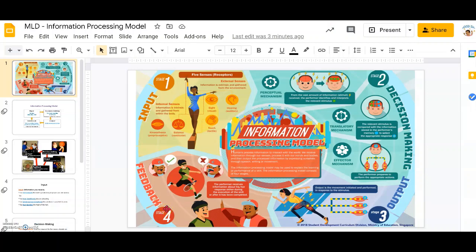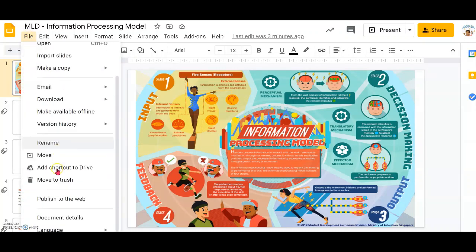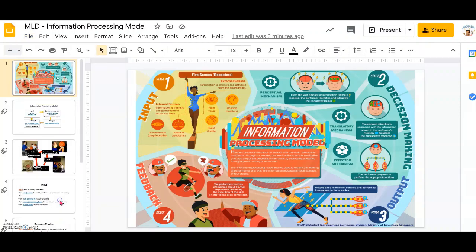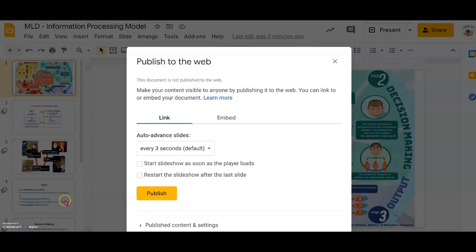We'll show you step by step now. Okay, first thing is to open up your slides in your Google Drive, your Google Slides, and just go over to the top, look for the word File and click on it. Go down to the bottom, you will see Publish to web, and that is where you can find your embed code. Click on that, and you will see that you can actually convert it to a web version of your slides